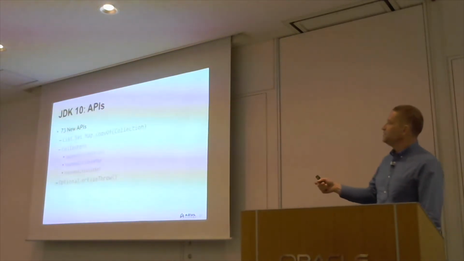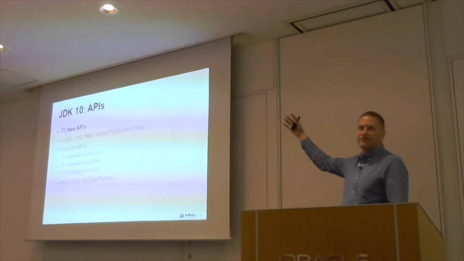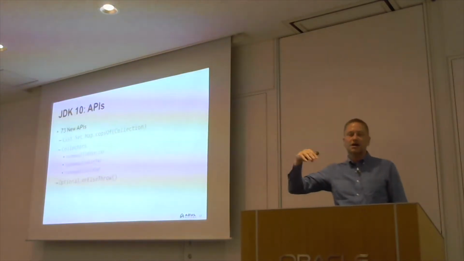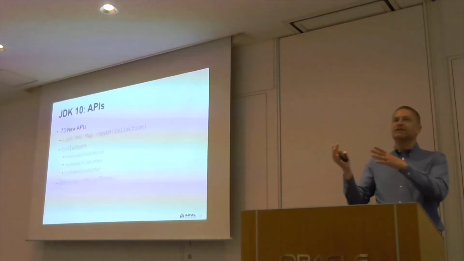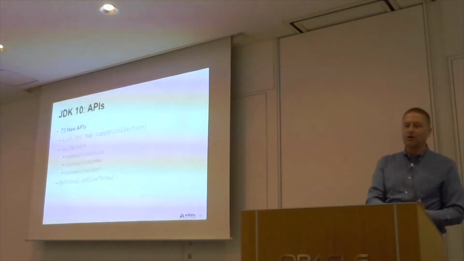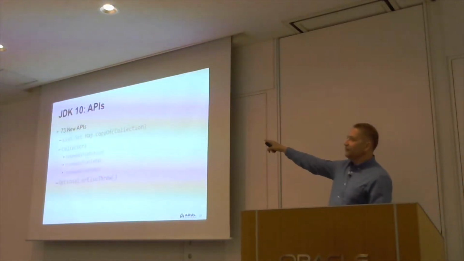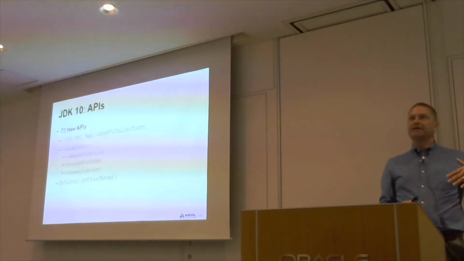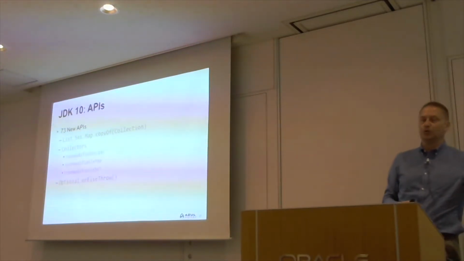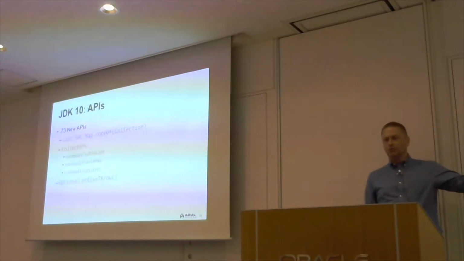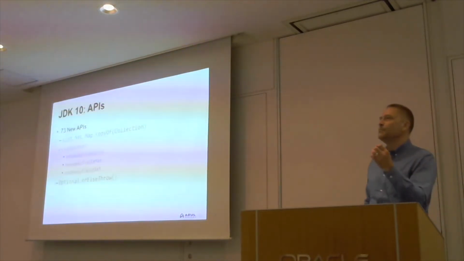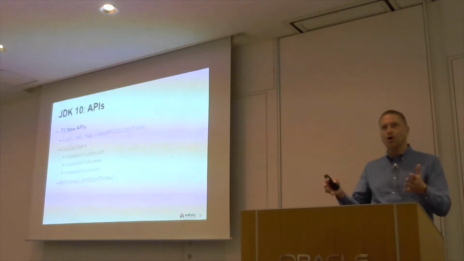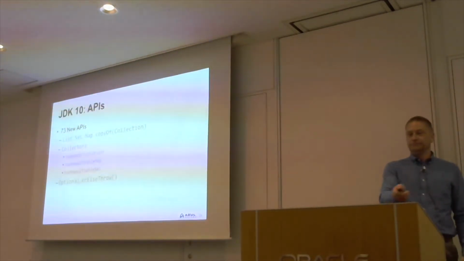So there's the ability to create a collection using a factory method. You can also do copy of in terms of collection, and that will create an unmodifiable or immutable collection for you. Similarly, for the Streams API, there are now some new collectors which will generate unmodifiable collections as output. And there's also an optional orElseThrow, which is exactly the same as get. So I don't know why they've actually just added this new method, which is longer than get, but they have.